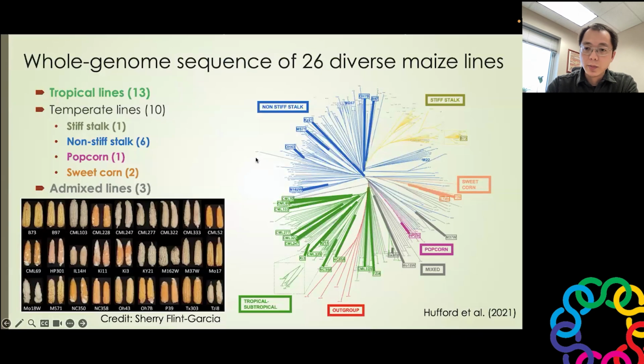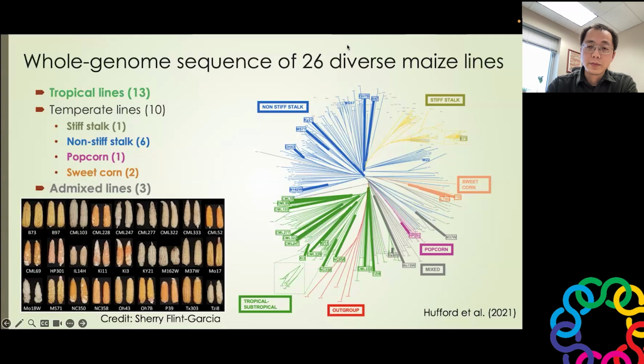And a chance came a couple of years ago when we sequenced 26 diverse maize lineages. So the thick bar here represents the collection of these lineages. They represent the diversity of maize, and that includes 13 tropical maize lineages and 10 temperate maize lineages, including popcorns and sweet corns, and some other